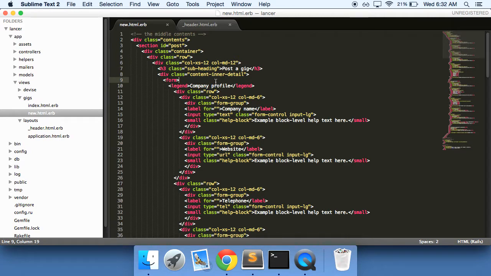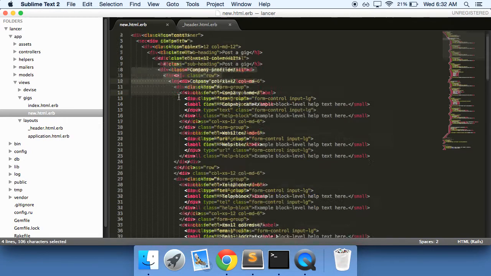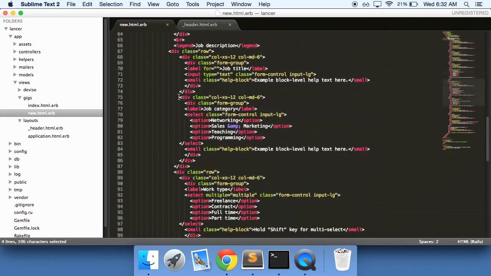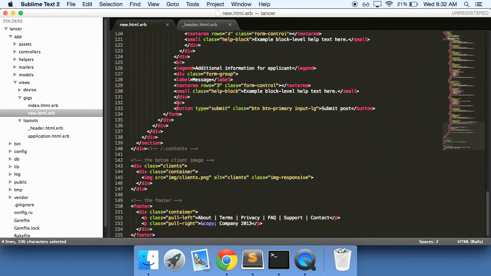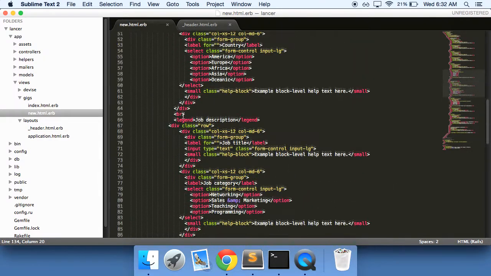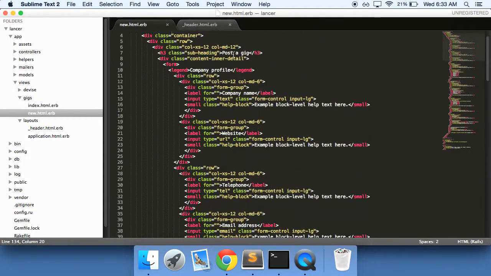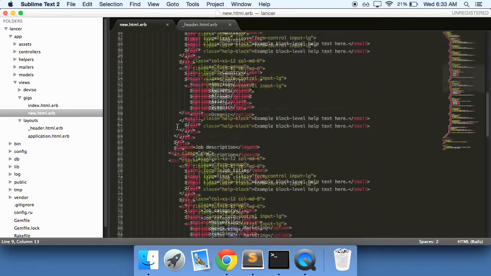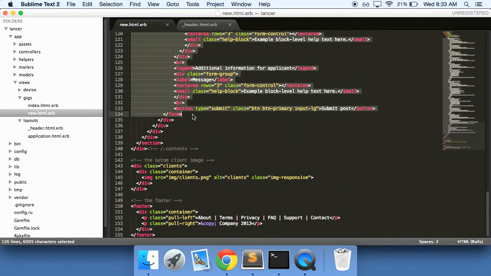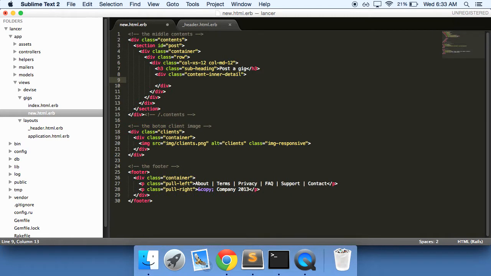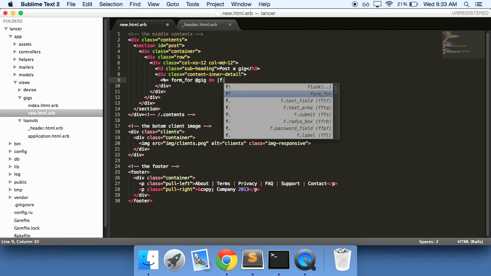And now with this form right here, this is where the meat and potatoes of this page is going to be, because this is where all the work is being done. This is the whole inside part right here. So let me just get rid of all of that for us, and we'll put in our own dynamic form that actually works. Save it. So what we want to do is say form for at gig do f,